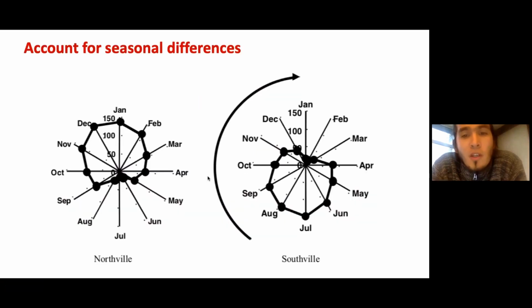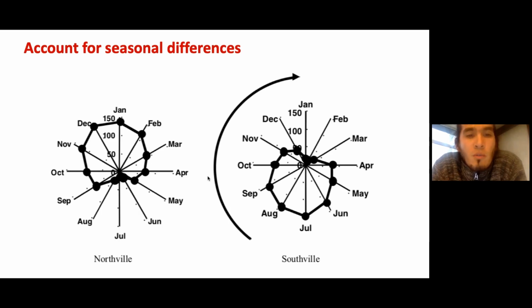So one particularity of analogues, and why it is an interesting implementation, what we've done in this R package, is that we try to account for seasonal differences. We account for that for either temperature or precipitation, the user can choose. And basically, this accounting of seasonal differences means that if you have exactly the same seasonal pattern, but with a